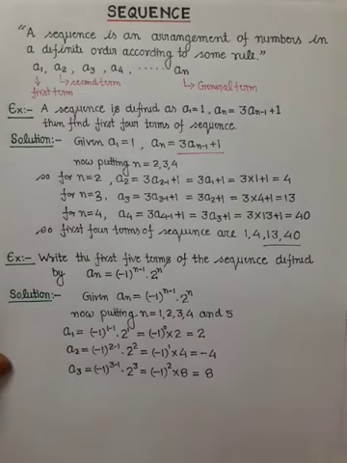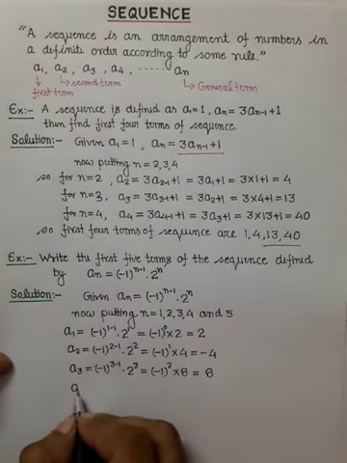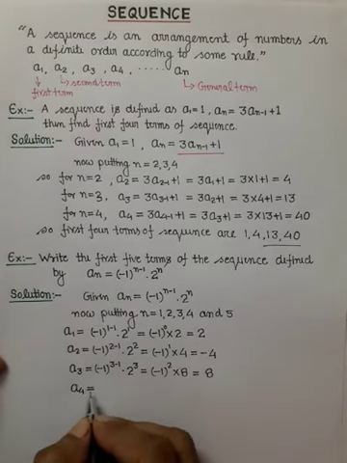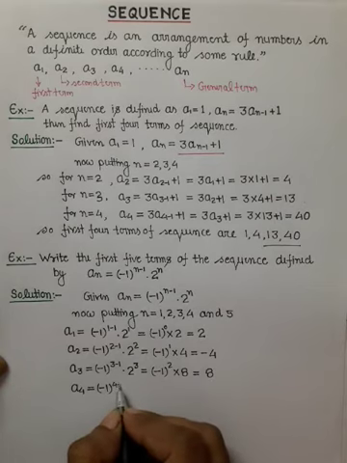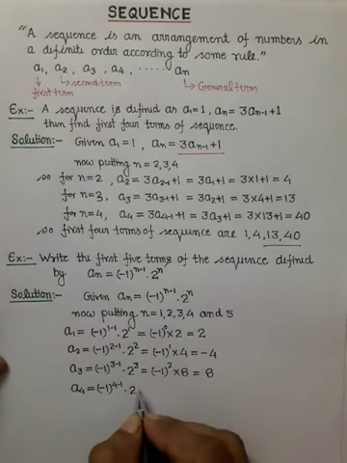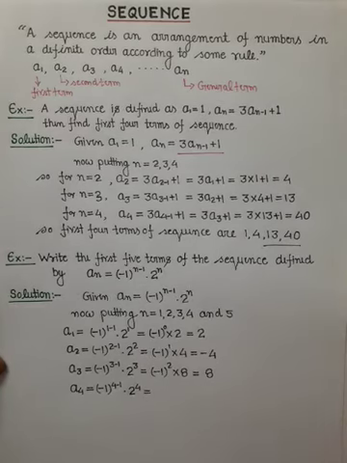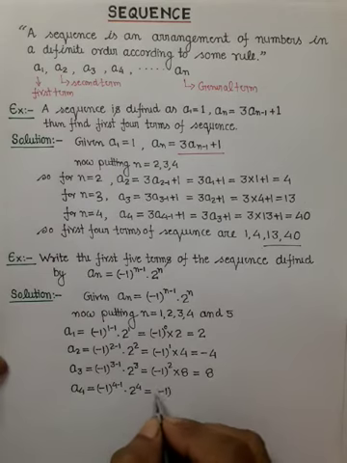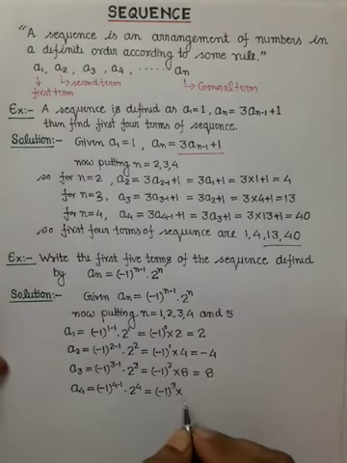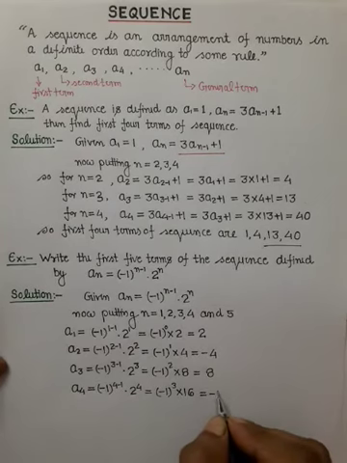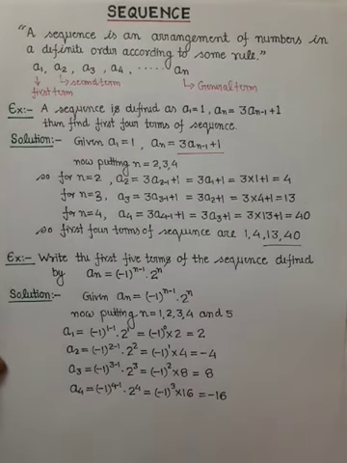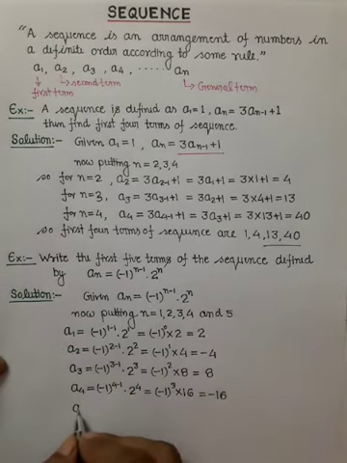Now similarly we can calculate for n is equal to 4. So here we can write a4 is equal to minus 1 to the power 4 minus 1 into 2 to the power 4. So this can be written as minus 1 cubed into 2 to the power 4. Of course it will be 16. Now minus 1 has an odd power here, so this will be minus 1. So this comes out minus 16. Similarly, we will find a5.